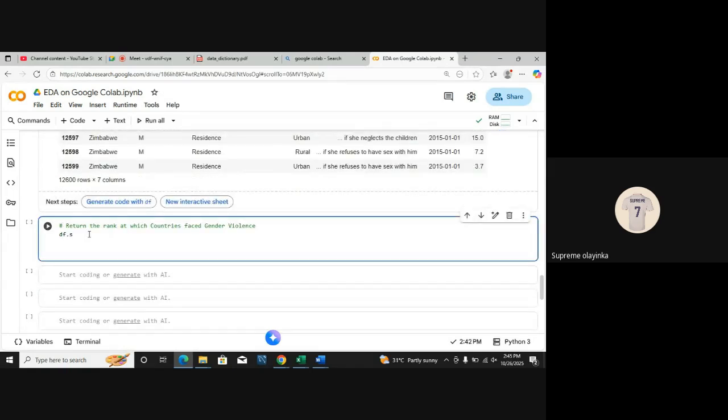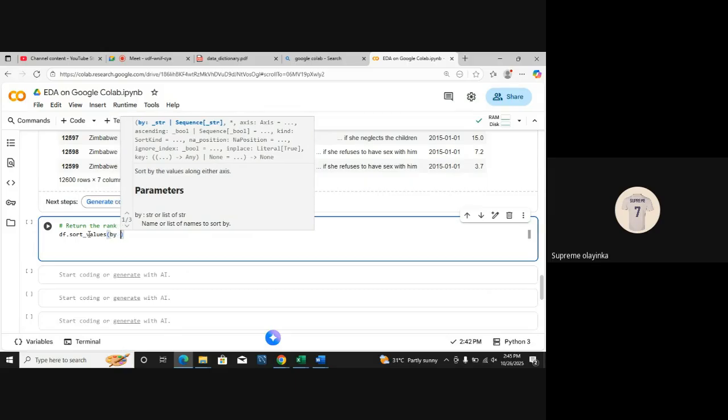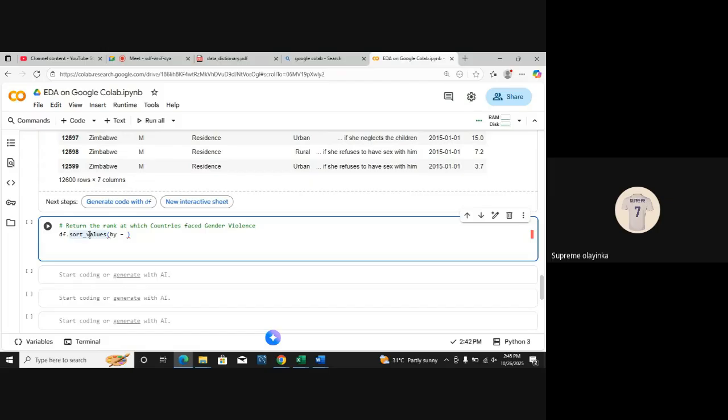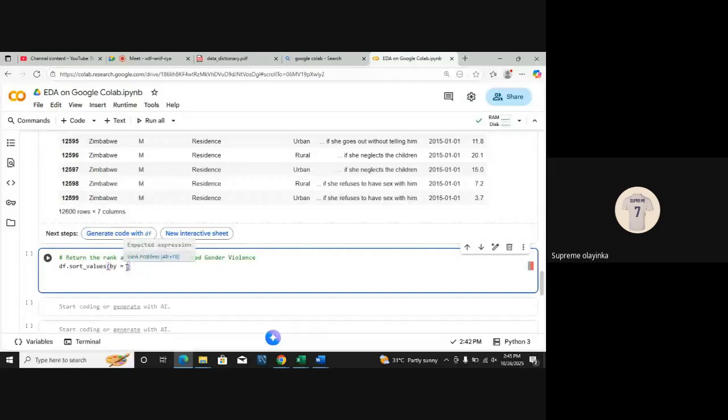Let's do that. df.sort_values. Okay, open my column. What column are you trying to sort by? Countries. Country. Okay, let's do it.